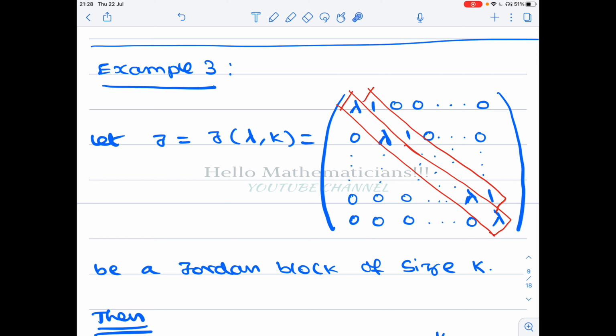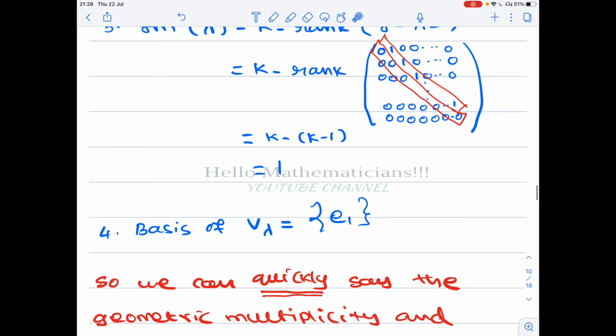geometric multiplicity, so if it is a Jordan block, it will have only one eigenvalue, that is lambda, and its geometric multiplicity will always be 1. That is the only thing you have to remember. If it is a Jordan block, then it will have only one eigenvalue lambda, and its geometric multiplicity will be 1. Okay, so this is the proof,